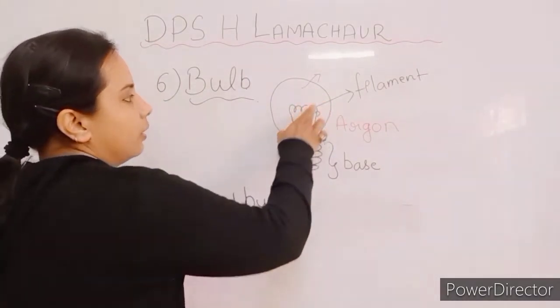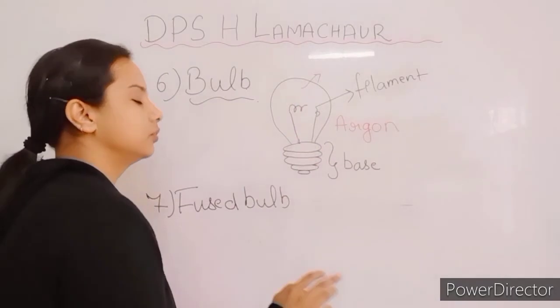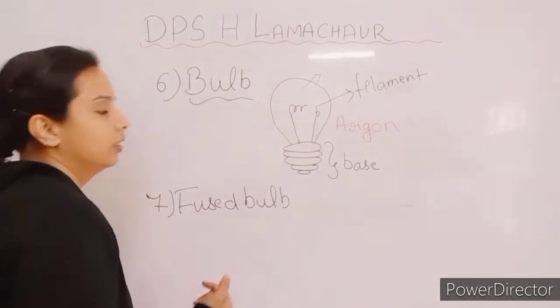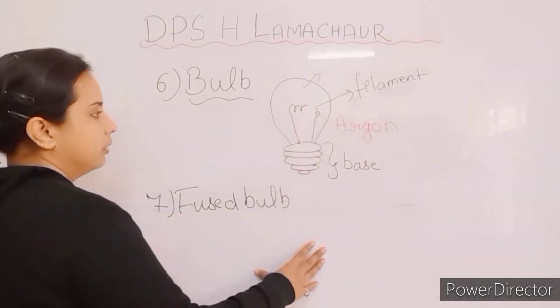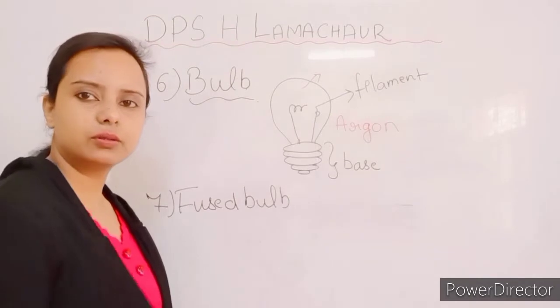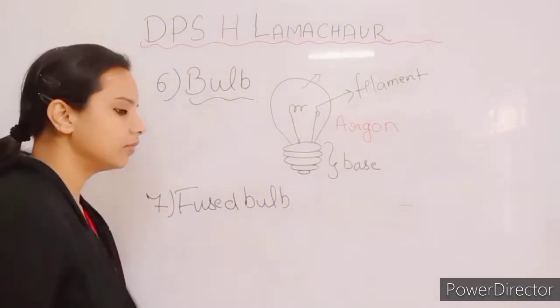Okay, so here your current formation, the flow of current will stop. So this is how this bulb will not glow, and hence the bulb is said to be fused. Okay, now